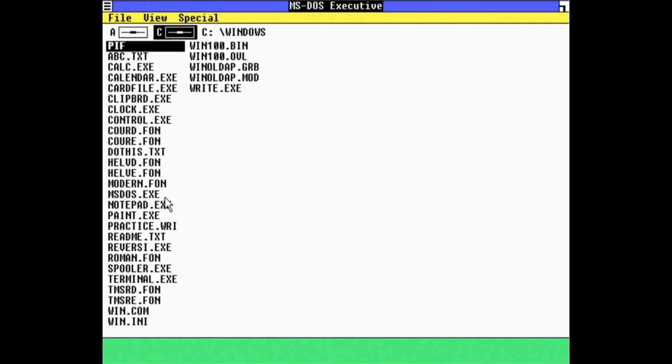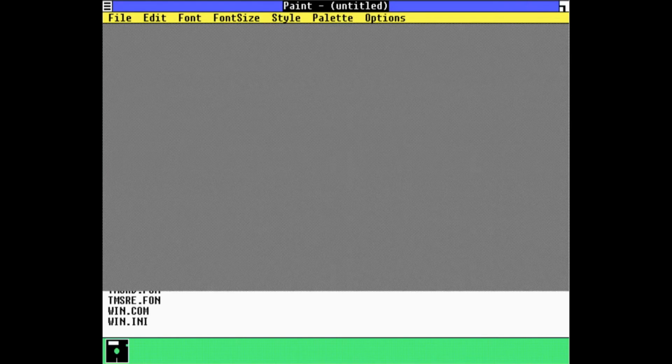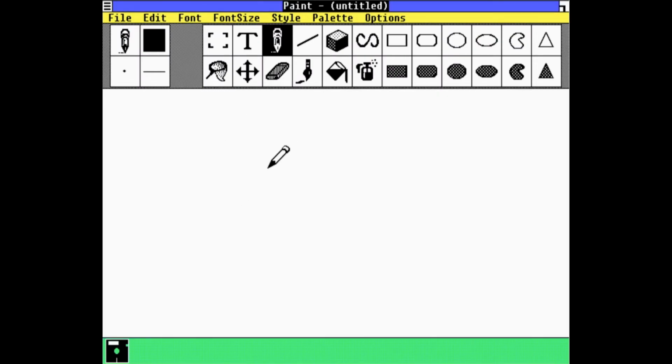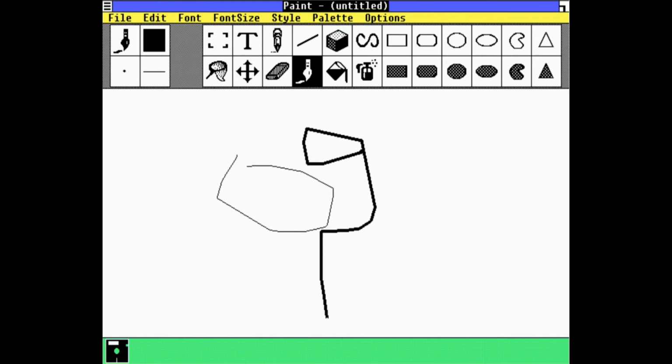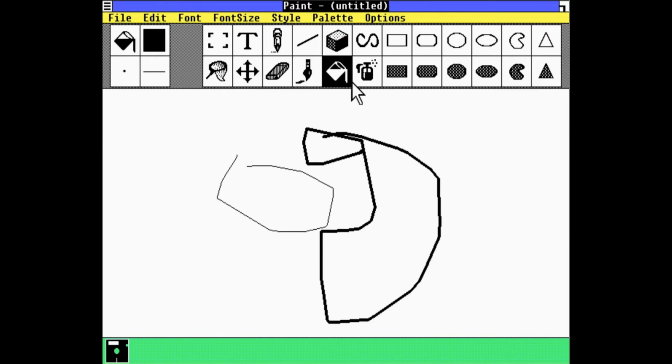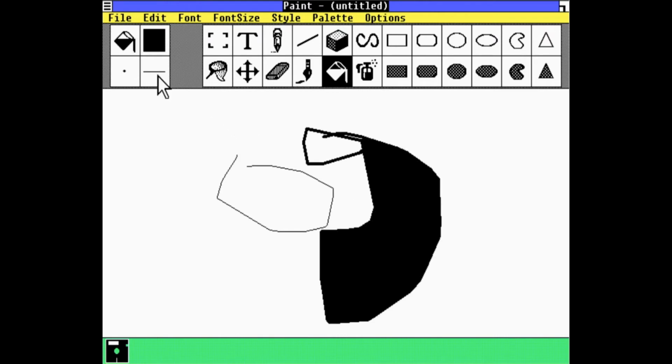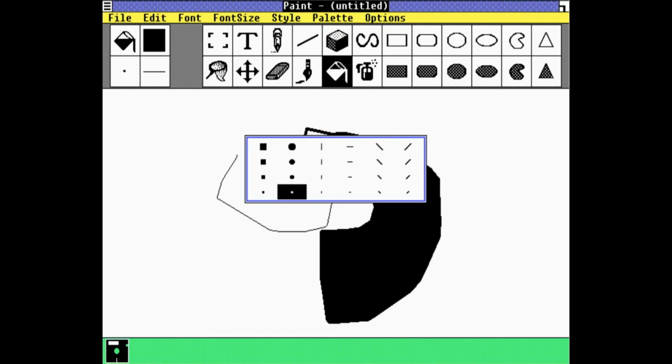So we first have a really old version of Paint. I mean, we can draw things, although I'm not really that good at drawing. I can also change the shape. It's kinda laggy.